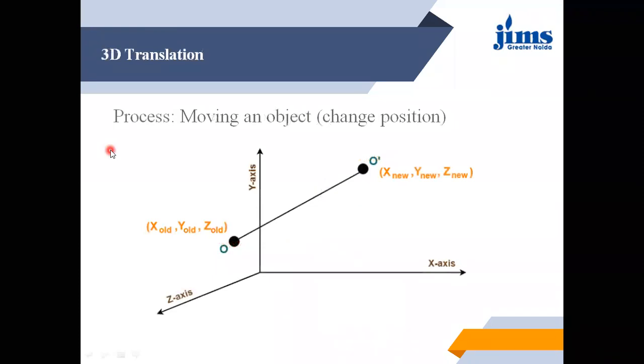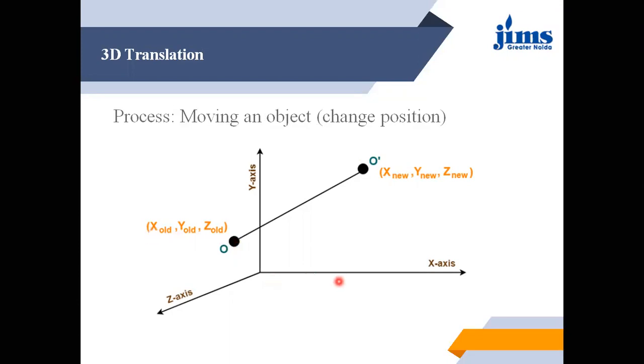So, 3D translation. This is a process by which we can move an object from one position to another position. This is the x-axis, this is the y-axis, and this is the z-axis. Suppose an object O is over here, then the original coordinates of that object are x old,